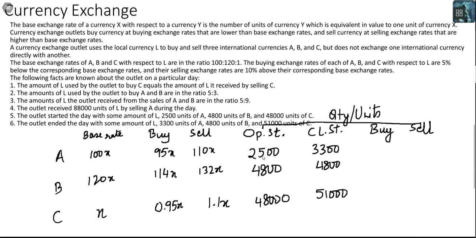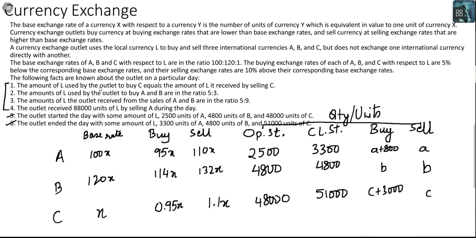So effectively, if your opening stock is 2500 and your closing stock is 3300, can I say you have bought more than you have sold? And how much more have you bought than what you have sold? 800 more. So let the sell amount be A here. This will be A plus 800. Here, because your opening stock and closing stock are the same, the bought amount and the sold amount in terms of number of units would be the same. For this, if this is C, this will be C plus 3000. Okay, so I have all the points in the table recorded, and so far I've only taken care of points 5 and 6. Now these statements that are given here most likely will make a lot of sense.